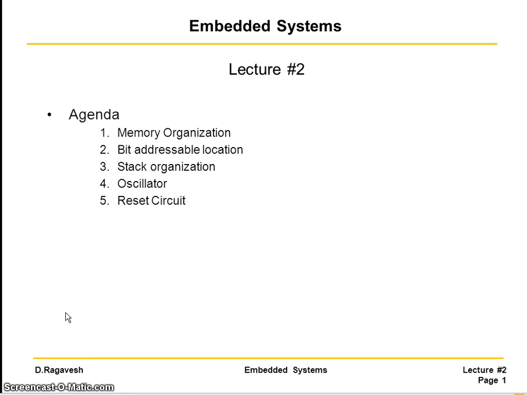In the last video session we learned about the embedded system, and to be specific about the 8051 microcontroller. We also learned the generic block diagram and various subsystems of the generic block diagram, and I showed you the pinout details of the 8051 microcontroller. We learned that there are about 40 pins in that microcontroller, and also various features such as the internal memory, the ports and timers, things like that. So before you continue with this video, you must be fully aware of what we covered in lecture 1.